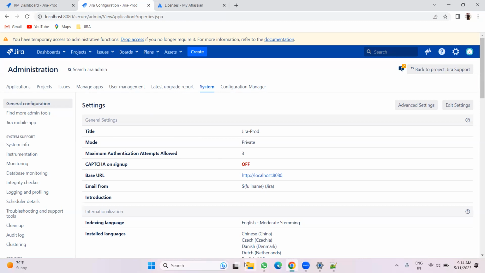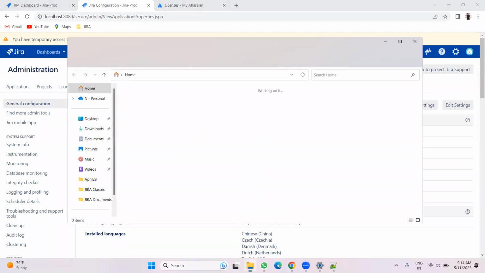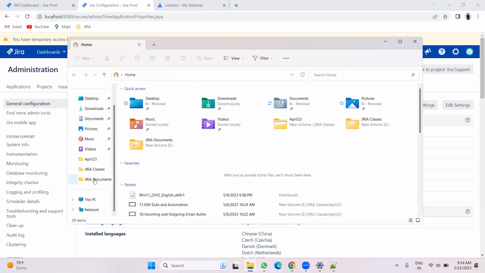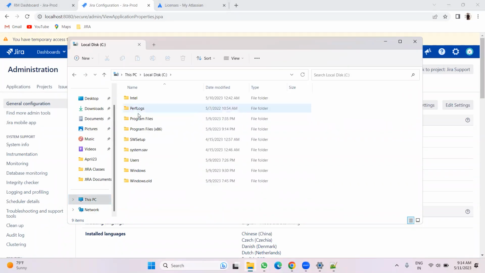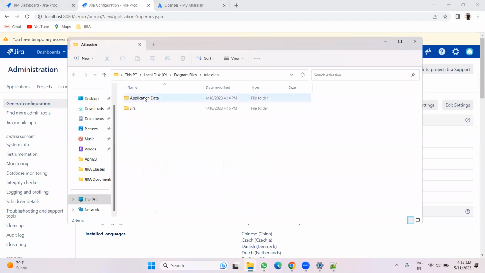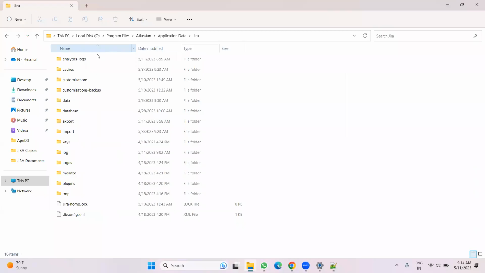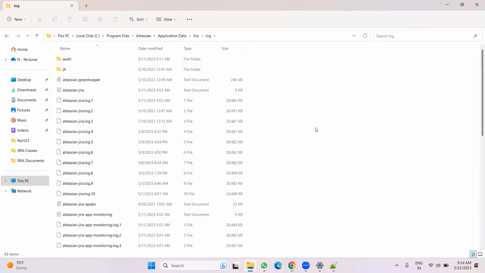In that case, first of all, we need to log in to the server. Once you log in to the server, we need to go to the home directory where Jira is installed. I'll go to Program Files, Atlassian, home directory. We need to go into Jira. In the Jira home directory, we have a folder called log. Okay. In the logs, we can see the Atlassian Jira logs. Remember, we have a lot of files, but first step,